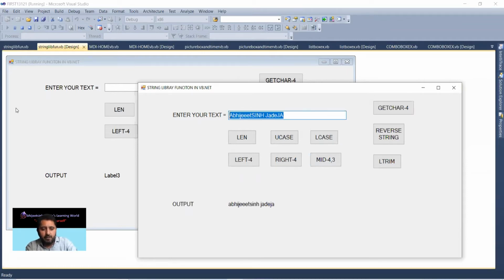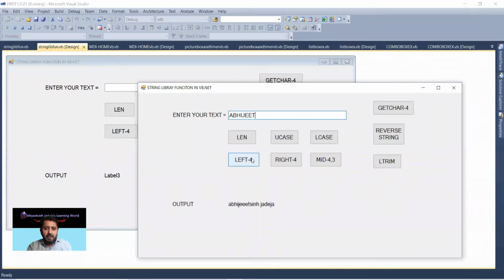Now we have argument-level string functions: Left 4, Right 4, and Mid 4,3. Left 4 means the first 4 characters it will carry out and show me.